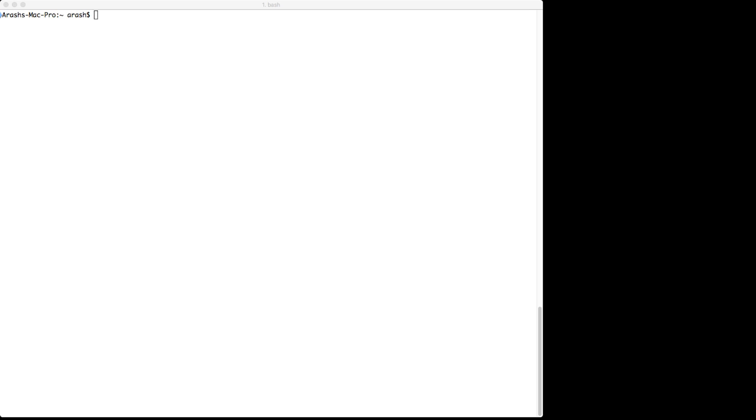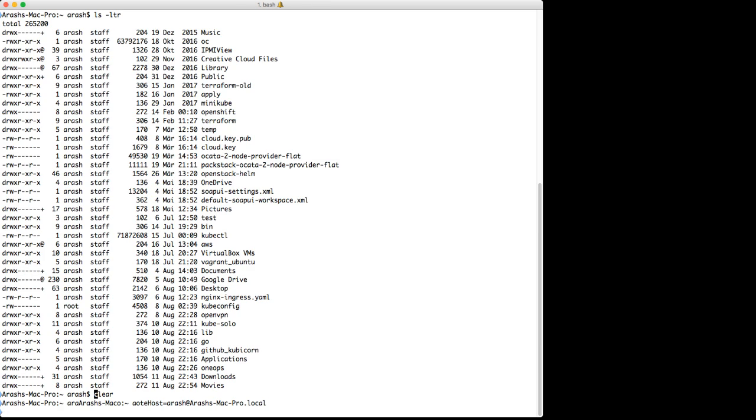Okay. So clear my terminal. Good. Let's start to export. That's through Kubernauts.IO